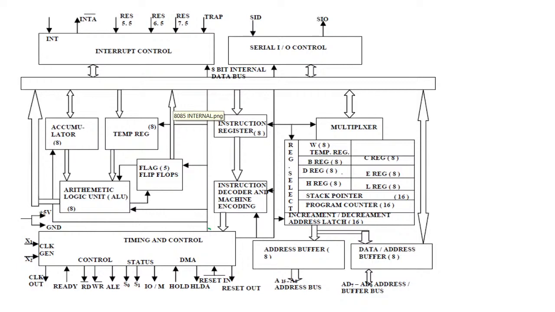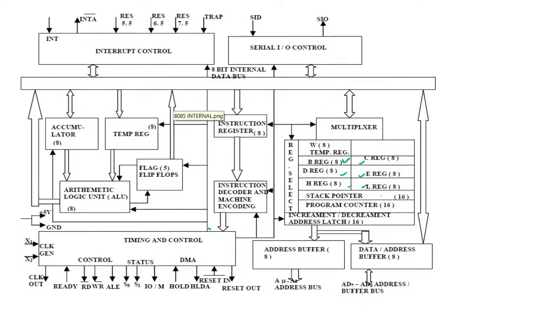So first let us talk about the registers. We have total 8 registers in this. Okay, out of those 8 registers, we have B, C, D, E, H, L registers. Okay, B, C, D, E, H, L registers. 6 are the registers. Then you have a stack pointer, then you have a program counter, and you have a temporary register. So this temporary register can be used to store the data temporarily. So total there are 6 main registers, and then we have one more register.